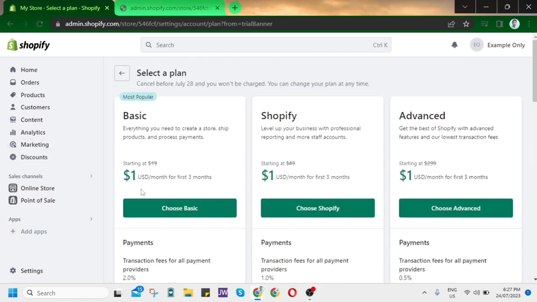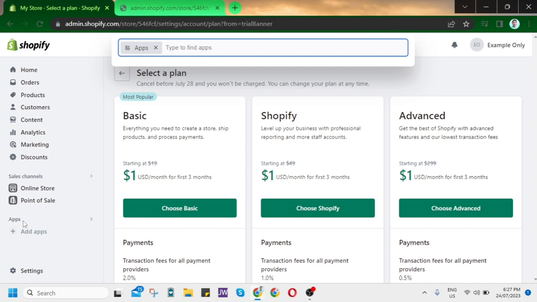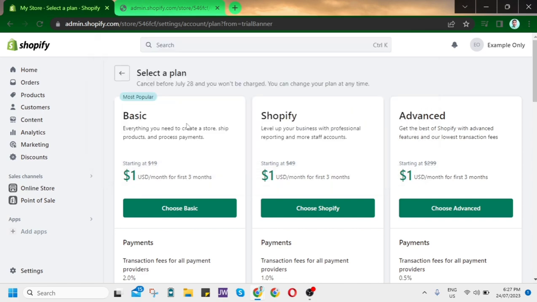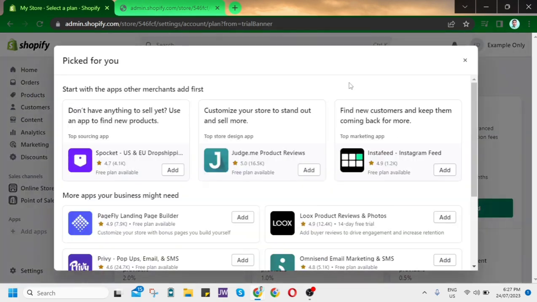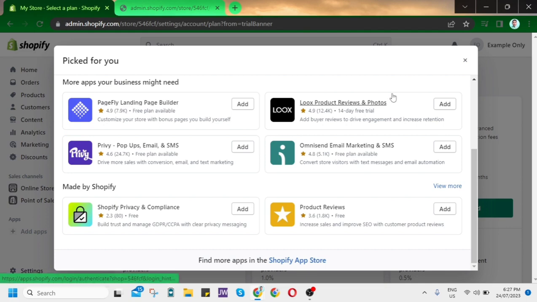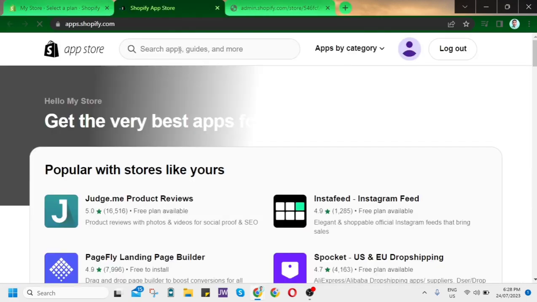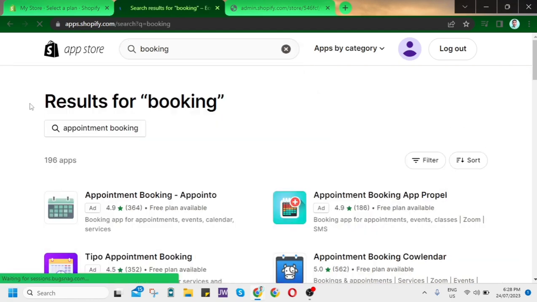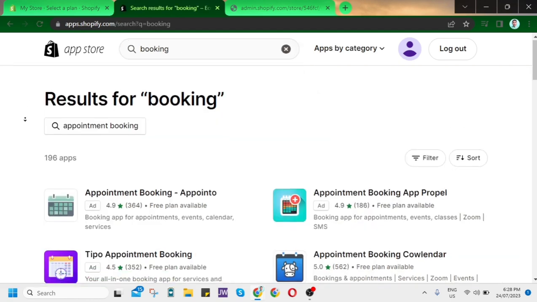And once you've done choosing a plan, click these apps right here and click this all recommended apps at the bottom. So when you tap on that, you want to go on this page and click the Shopify App Store. And you will go on Shopify App Store and go here on the search box and type booking and click enter. And as you can see right here, the results for booking and all of the applications that